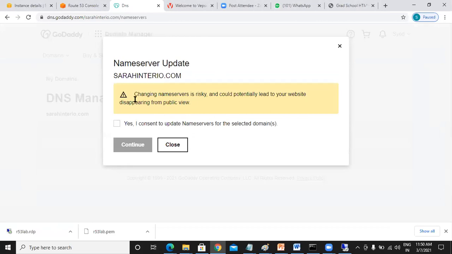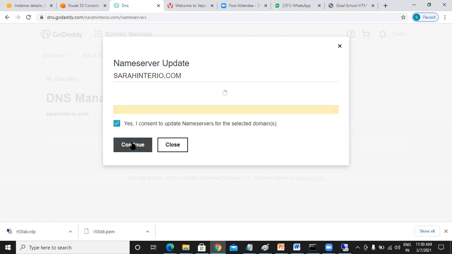Can you read this? Can anybody tell what it is saying? Yes. Changing the name servers is risky. Your domain could potentially disappear, and I want to consent to update my name servers. So I'll click on continue.